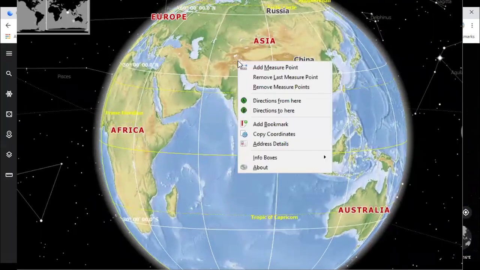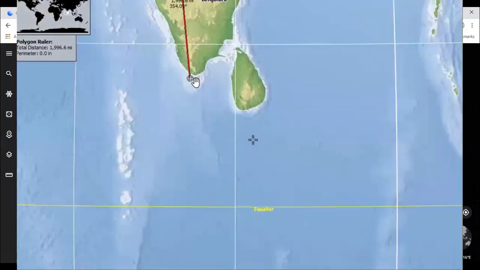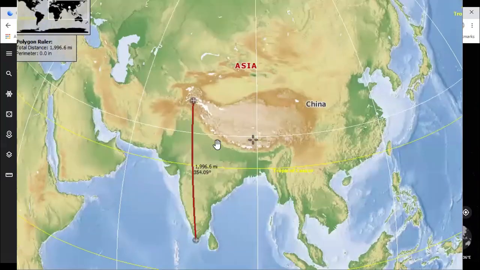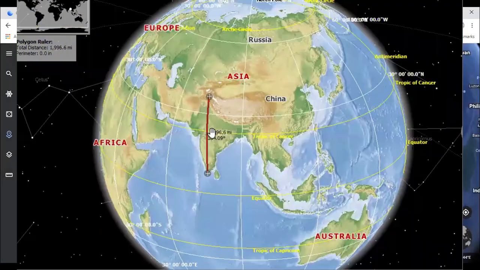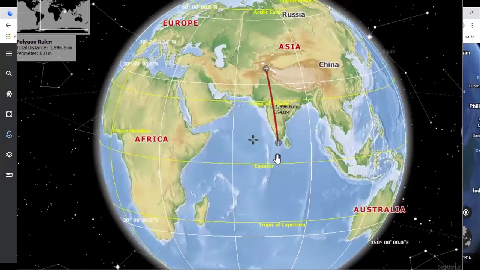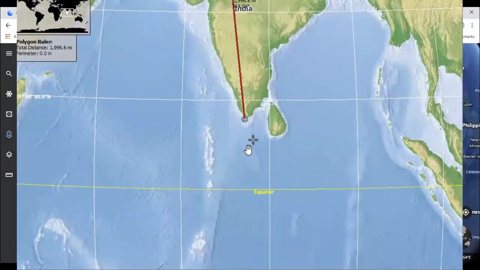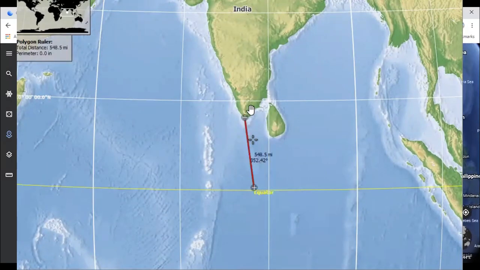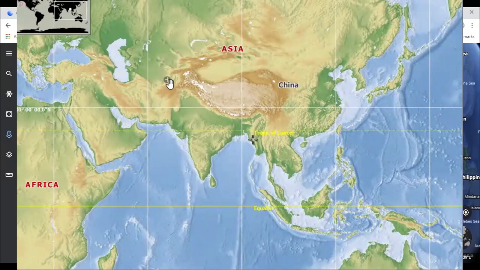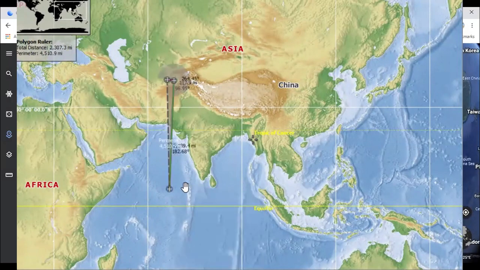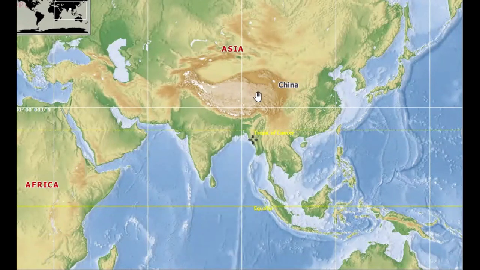Here Kanyakumari is located near the equator region. From the equator to Kanyakumari there is only 8.4 degree difference. So Kanyakumari is one of the places which is located near the equator, so this region will be getting more sunlight. At the same time, Jammu Kashmir is in the northern side, but this region will not be getting enough sunlight, same as Kanyakumari, because it is at 37.6 degree. So there will be differences in the daytime and night time in Jammu Kashmir and Kanyakumari. That is the answer for that question.